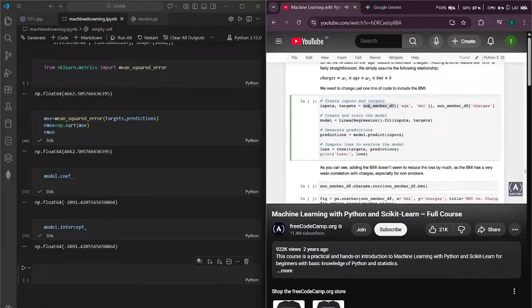So the inputs are, from non-smoker DF, we take age and we take the body mass index, and then the targets are simply the charges. The only change we made here is the way to train the model and create